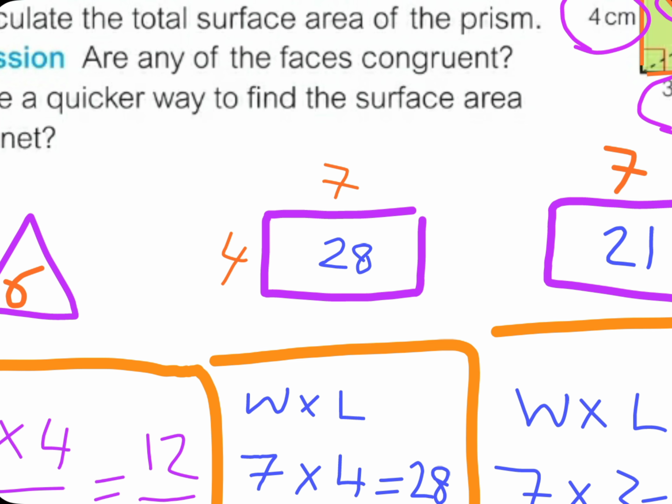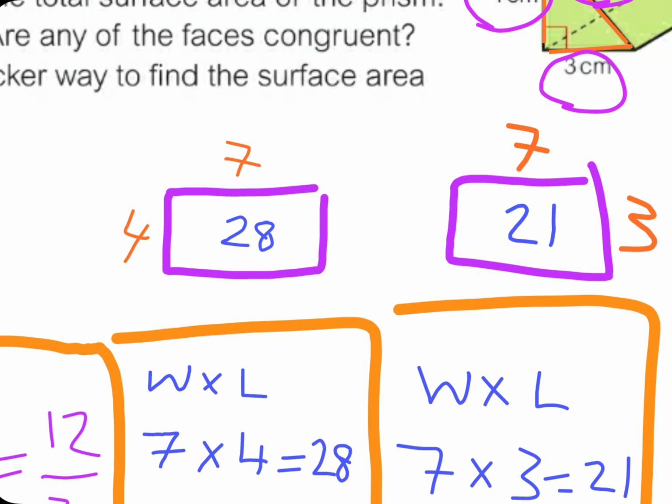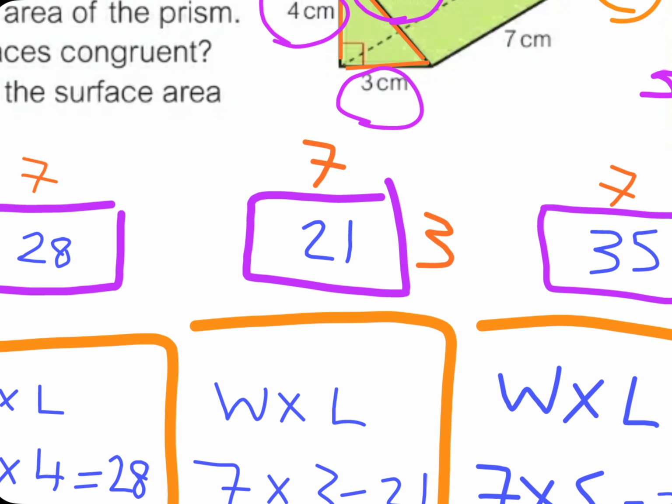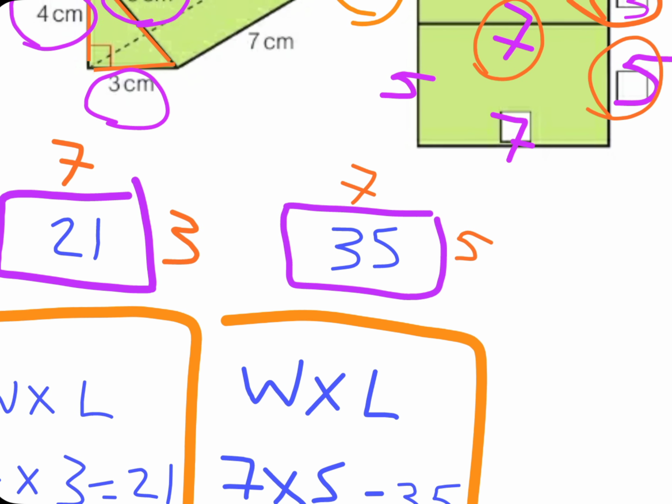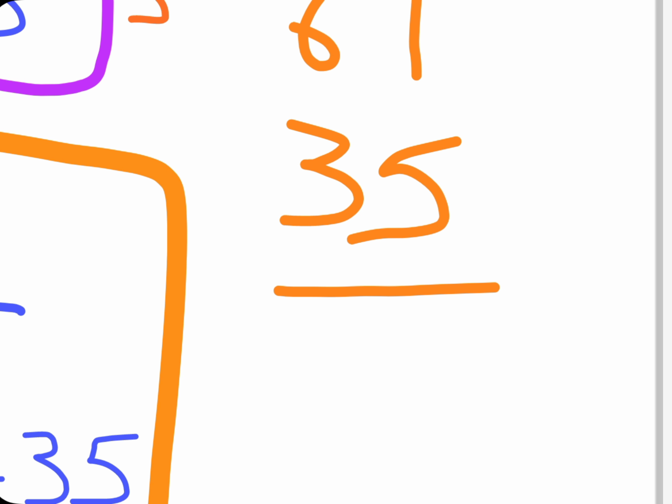And 40 plus 21 is 61. Good job. And 61 plus 35, this is the last one, equals, very good, 96